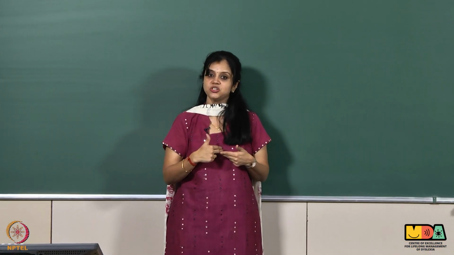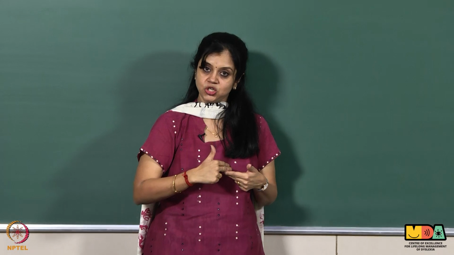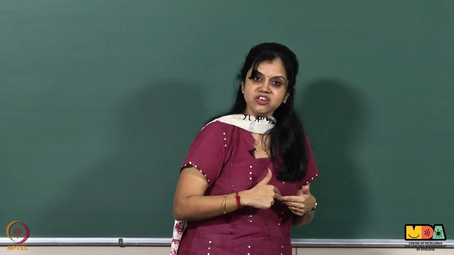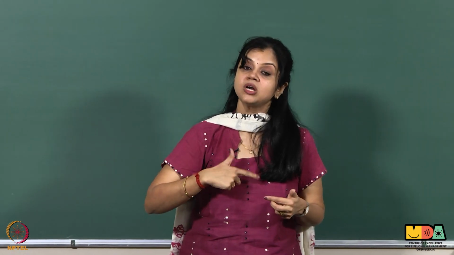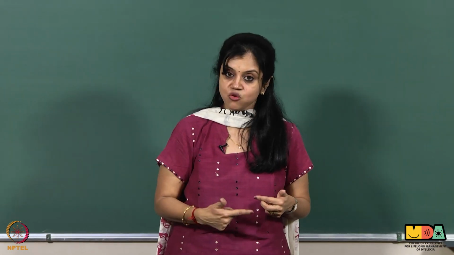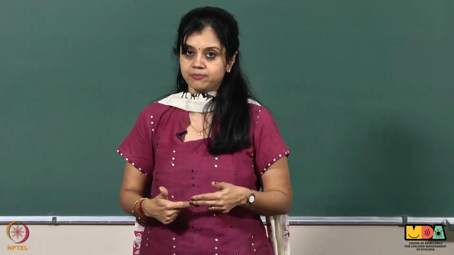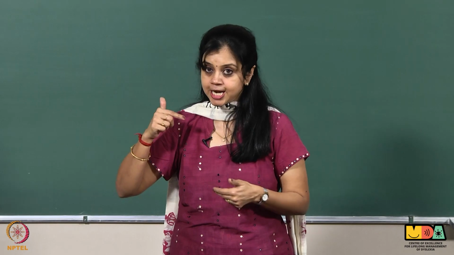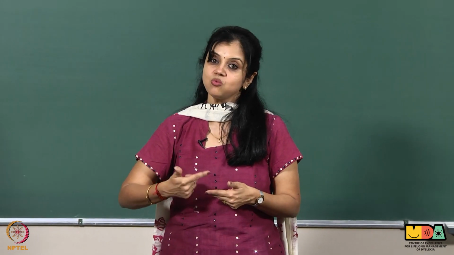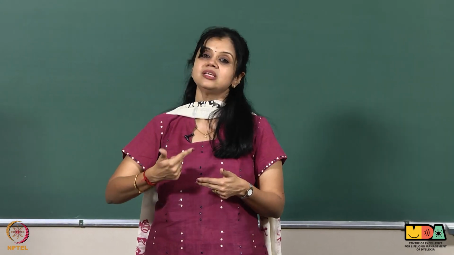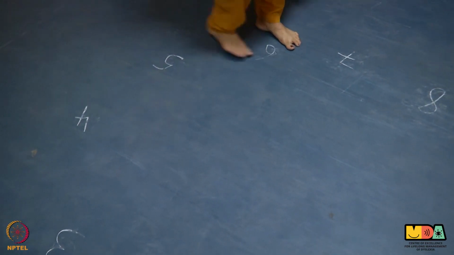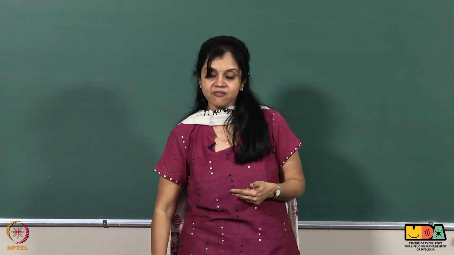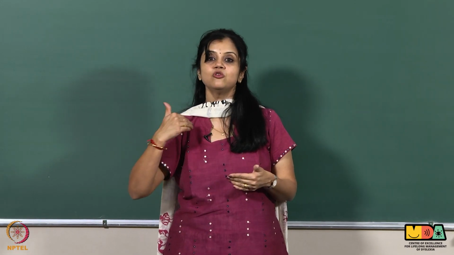Where does it help children? Now, once you make the children stand in number 5 and then you want them to find out what comes after number 5, they know they just have to move forward. So, what comes after 5? 6. Just in case they are standing in 6 and they need to find out what comes before 6, all that they need to do is move backward, look down to see wherever they are and they will be in number 5. That means 5 comes before 6.